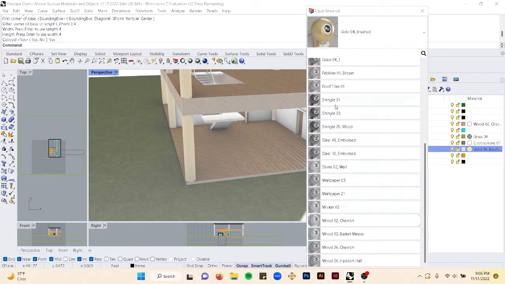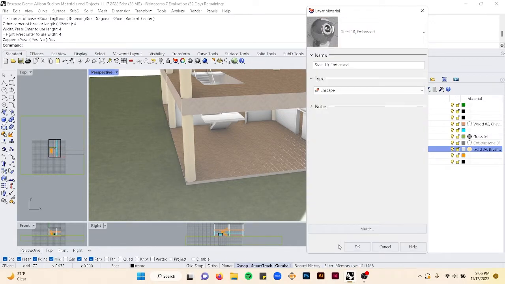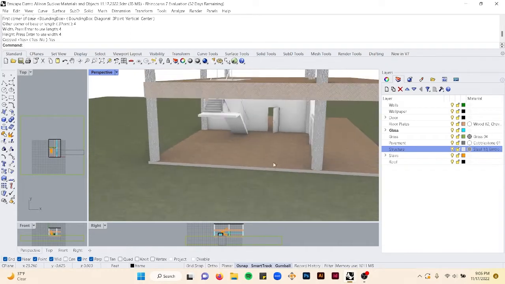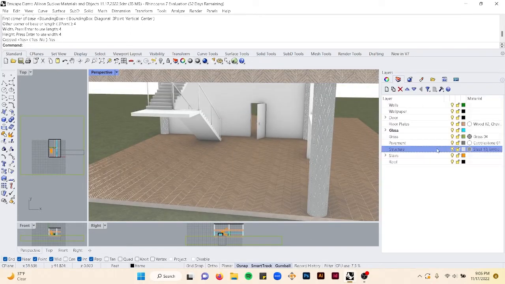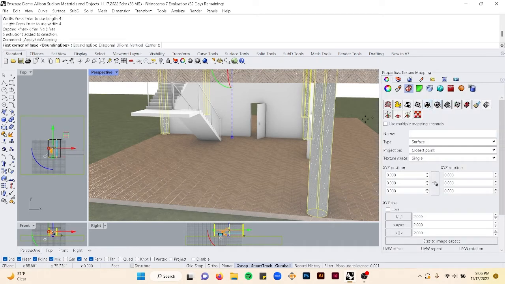But I'm actually going to go and see what the steel looks like. So let's see, steel, emboss 10. I know this one looked pretty cool. And ew, it looks gross. So we're actually going to go back and select those objects, and we're going to apply the UV mapping. And of course you can do the fancy ones, but I find that this one is